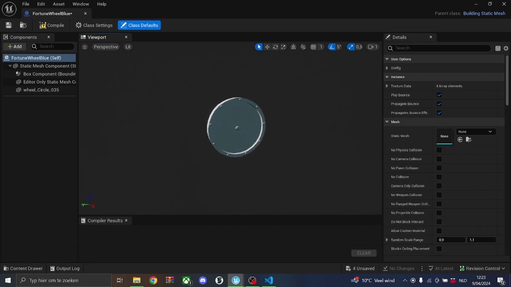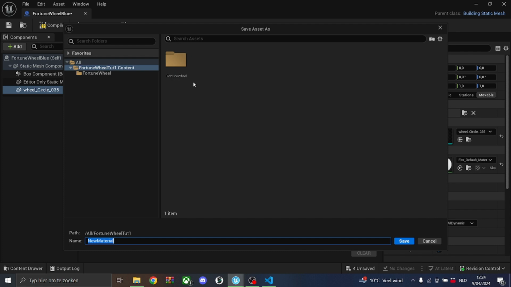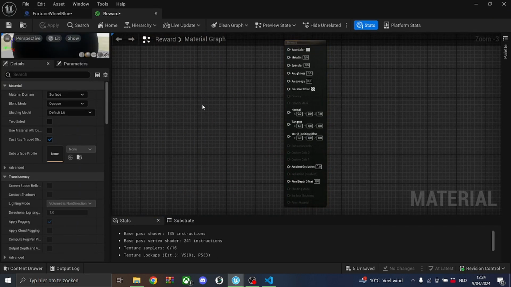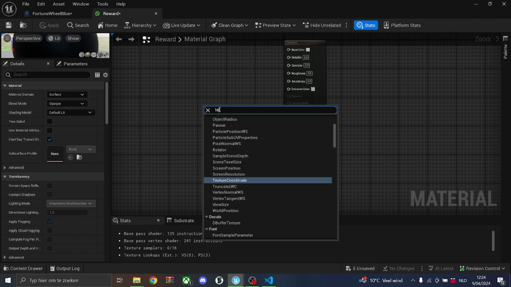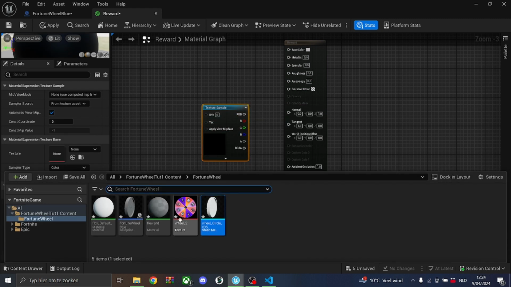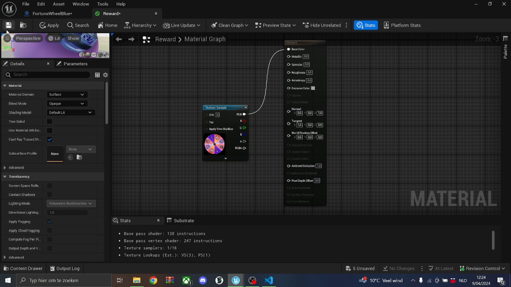Right now the fortune wheel is just a white color. I will change that by making a new material of the rewards. Then double click on this, and here you can right click and add a texture sample, and then you'll have to drag this texture into it. Then just connect the RGB to the base color. You'll have to save this,